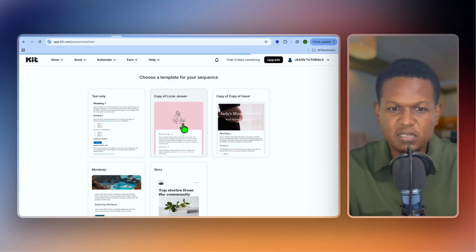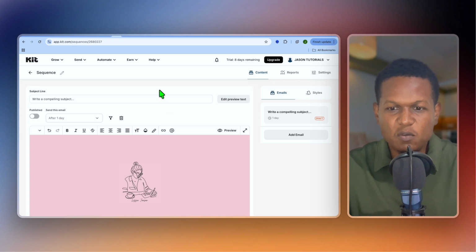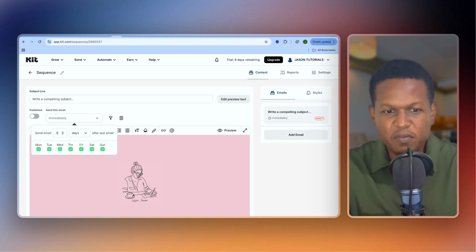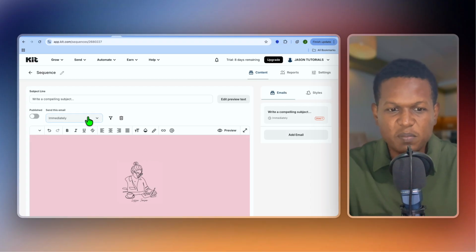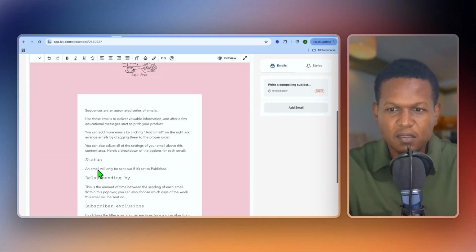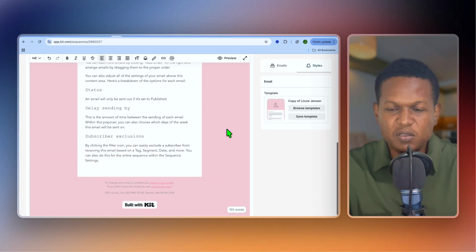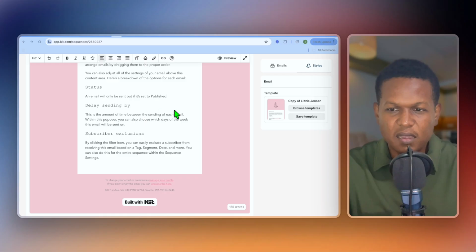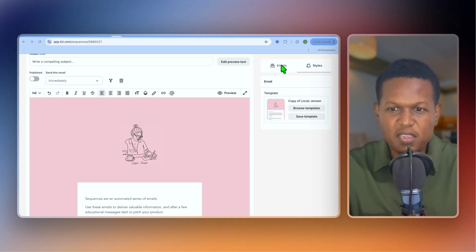So let's say, for example, this template, and you could add in the subject line right here, and then you could select, for example, I'm just going to remove that, so it will be published. It will be sent immediately, and you'll be able to edit this email. So you can edit the email. After you're finished doing that, you will tap on Emails right here,